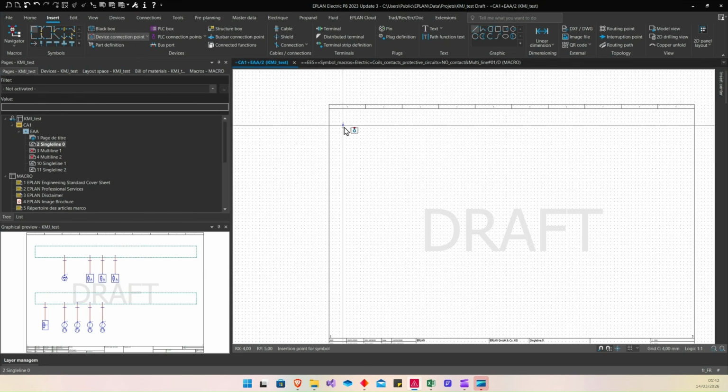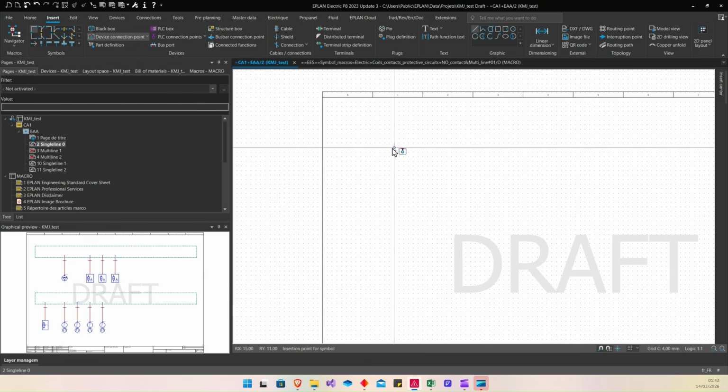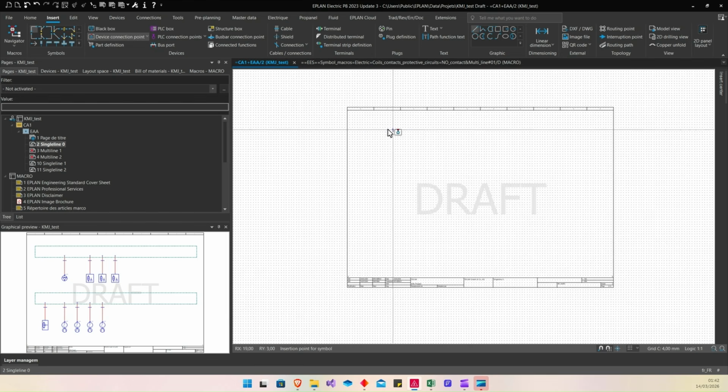For example, I want to insert my macro here, so I can temporarily insert a device connection.